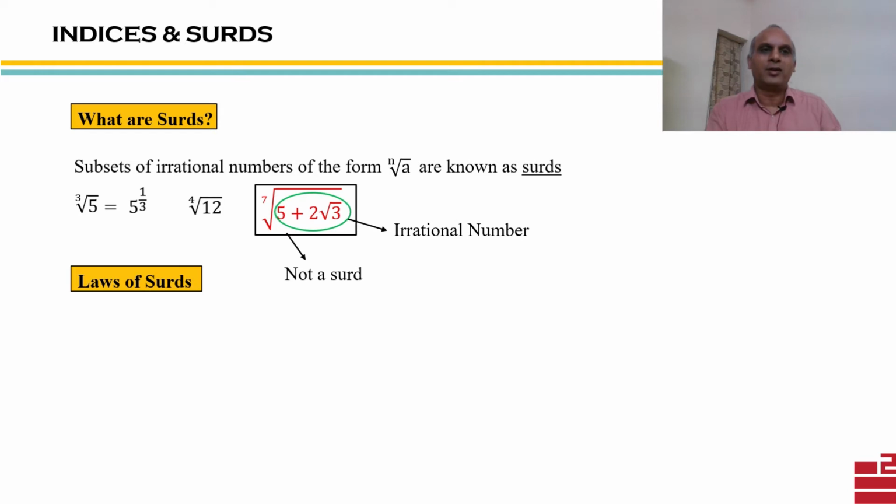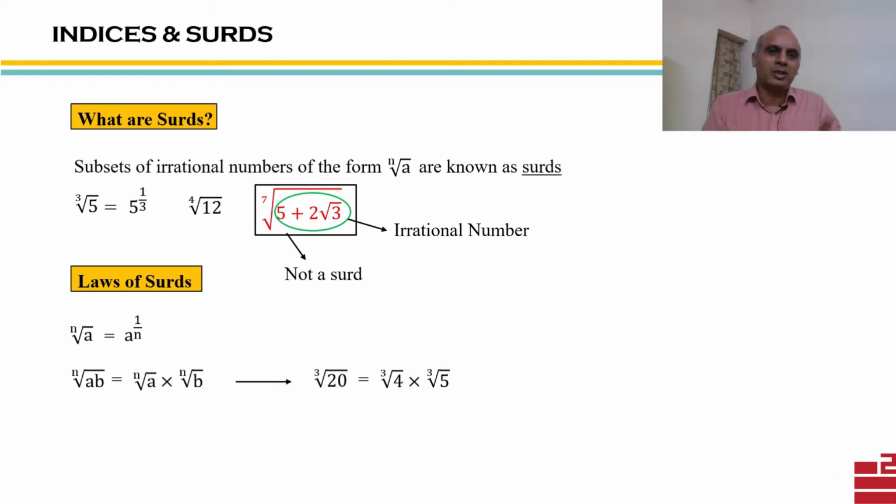Now, like we had the rules for indices, we will have rules for surds. What are those laws or rules of surds? So our first fundamental rule is that nth root of a is equal to a to the power 1 by n. Similarly, nth root of ab is nothing but nth root of a into nth root of b. Similar rule we have in case of division. But before that, let's take an example for this. Cube root of 20. This you can write as per the rule, cube root of 4 into cube root of 5. Why? Because 20 is nothing but 4 into 5.